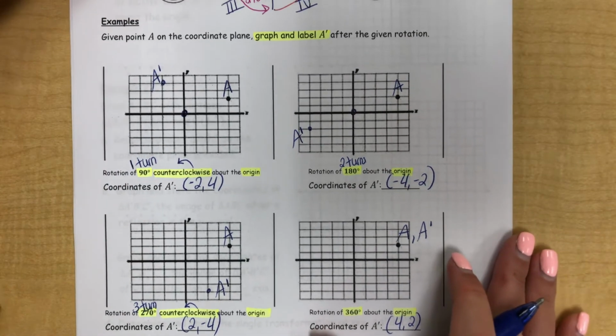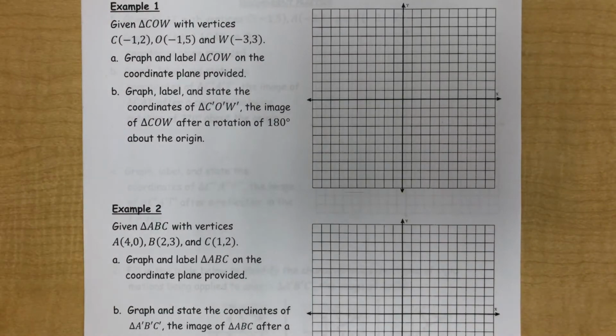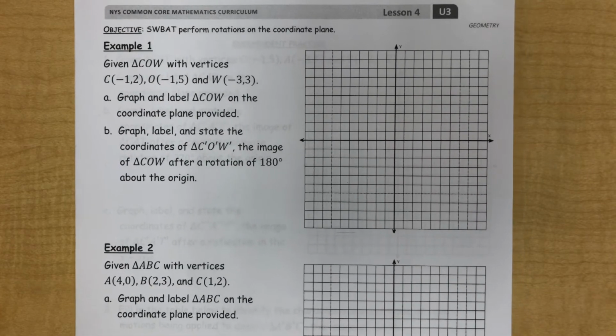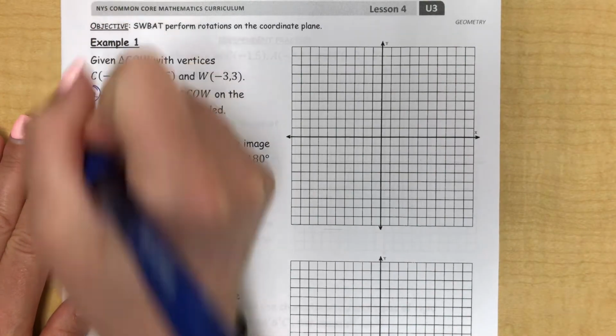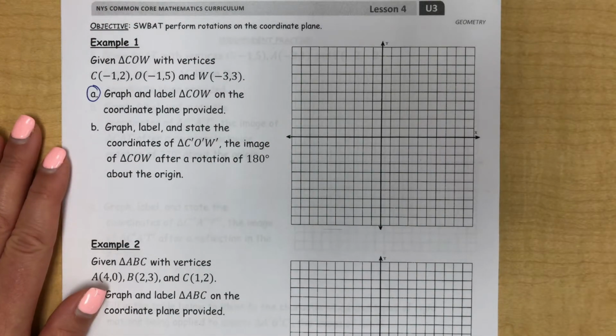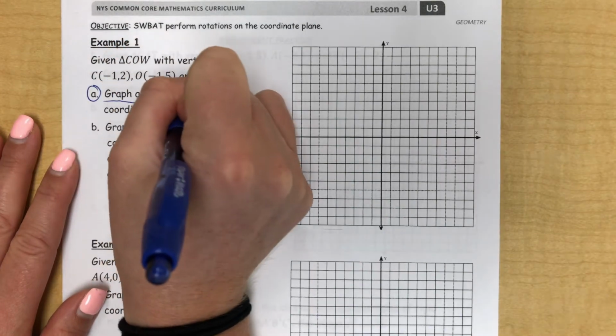All right. Now let's take everything we've learned and practice it on that next page. So here we go, example 1. Example 1 says, given triangle COW, so triangle cow, with vertices, C has the coordinates -1, 2, O has the coordinates -1, 5, and W has the coordinates -3, 3. Part A says to graph and label triangle cow. So let's go ahead and do that. I'm gonna circle A in blue because I'm gonna graph part A in blue. I have to graph and label